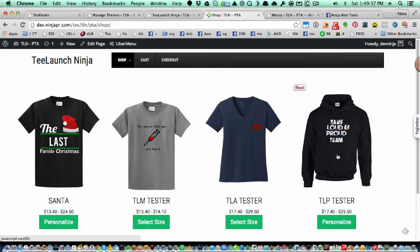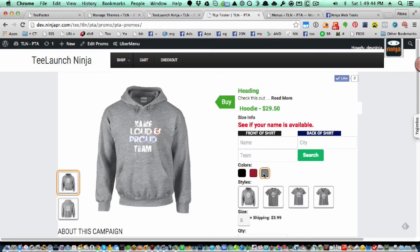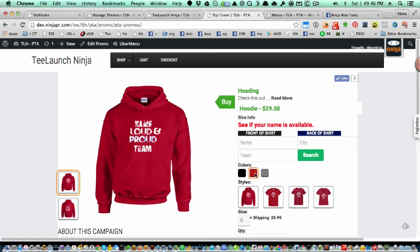And I want to show you something as far as the customization of this shirt here. And I'm going to swap it into the gray. Actually, I'll swap it into the red. It might be a little bit easier to see. So, in this case, as you see, we have 2 customization fields on the front of the shirt and 1 customization field on the back of the shirt. However, the TeeLaunch Ninja software allows you to actually customize 2 fields on the front and 2 fields on the back of the shirt. So, before I actually go in and customize this, I'm going to show you that